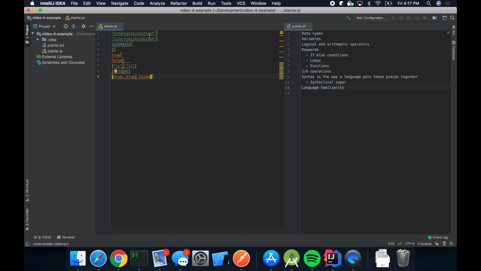So now if we take what we learned here, our data types, and we move into some variables, we can assign these to some variables, and that way we can use them a little bit later on in this file. So JavaScript is what I'm using right now. It is a dynamically typed language, so it doesn't necessarily care about the data type that you have, like I just said, and it really only cares if the value can change. So it has two ways of what they call instantiating a variable. So I can call this just random letters